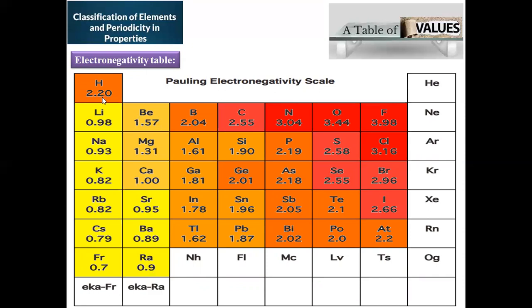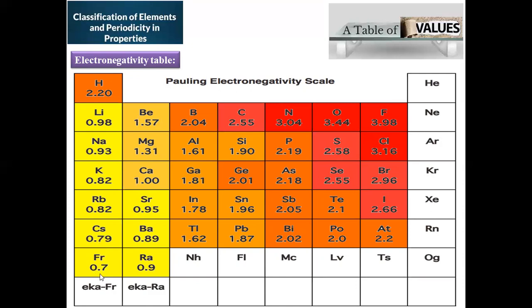Hydrogen is taken as a standard compound in this. With respect to hydrogen, the entire values got derived in accordance with Pauling. So it is taken as 2.2. And the highest electronegativity value is assigned for fluorine, that is 3.98, almost equal to 4, taken as an integer value, right? And the lowest electronegativity value is assigned for cesium.